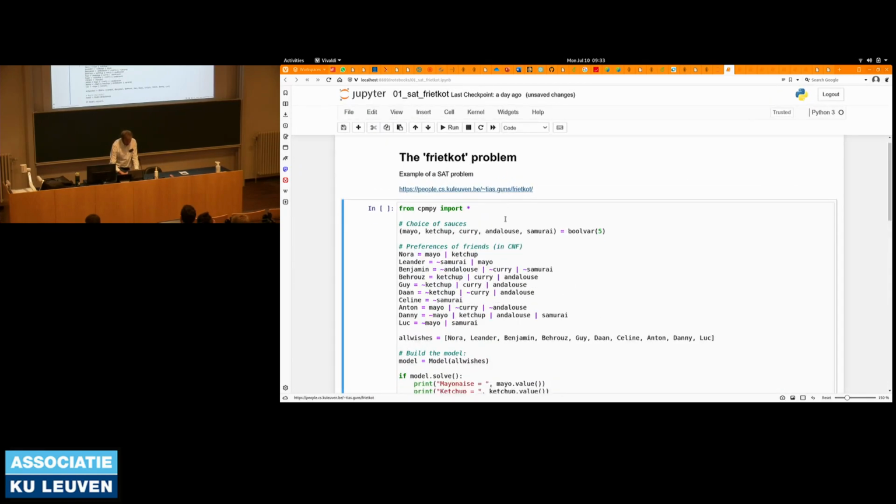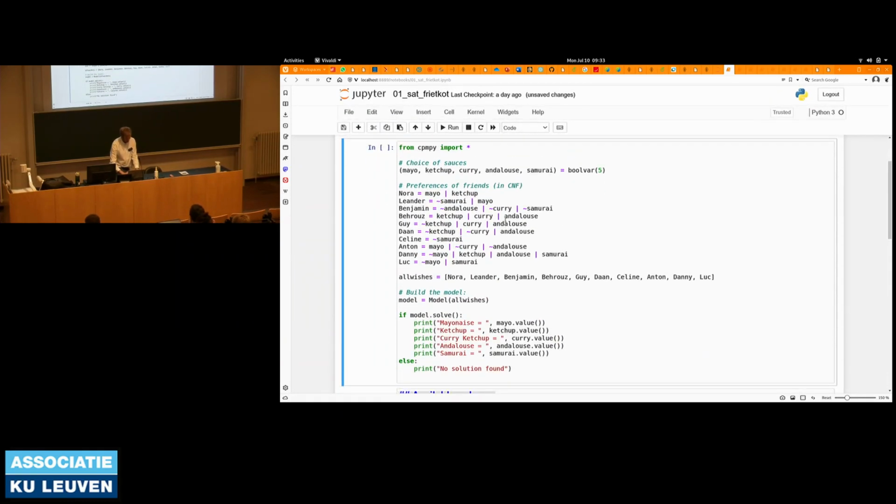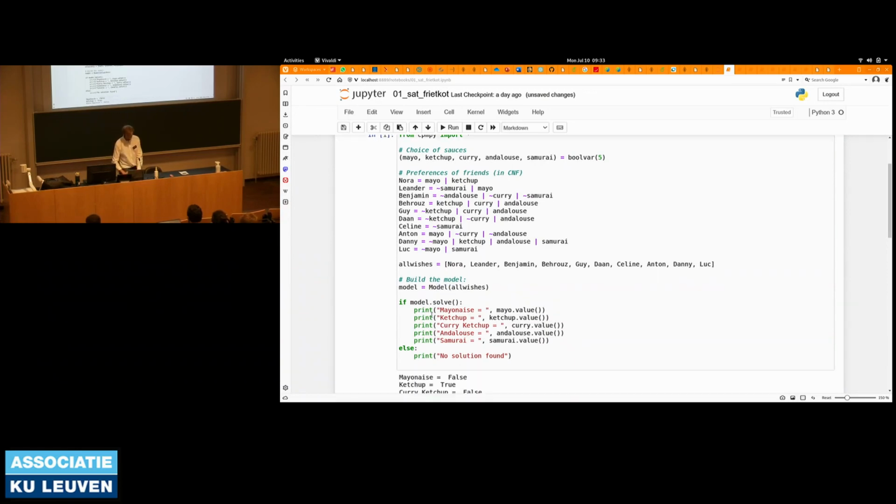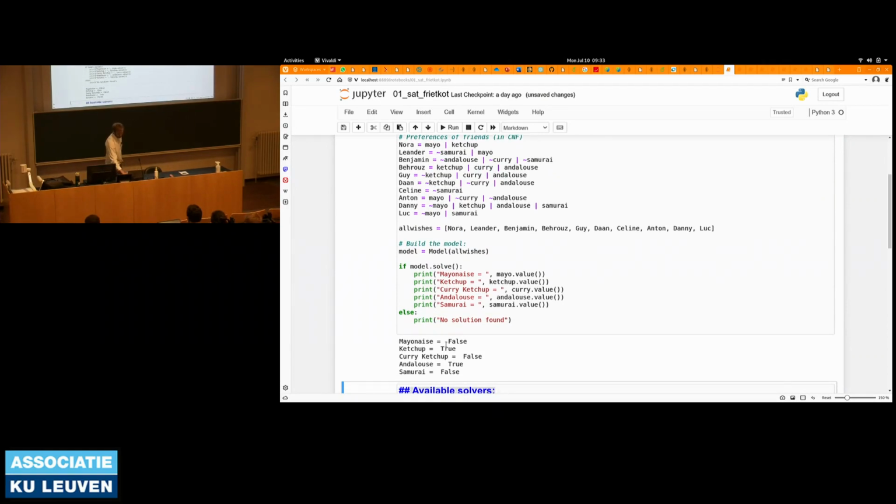Is this a bit readable? I'll do it like this. So in CPMPy, you can create Boolean variables, for example, one Boolean variable for each of these 5 sauces. Then we have each of the constraints at the preference of the friends, where you can use this for disjunction and this for negation. And then we combine all of the wishes, we add it into a model, and then if we call model.solve,